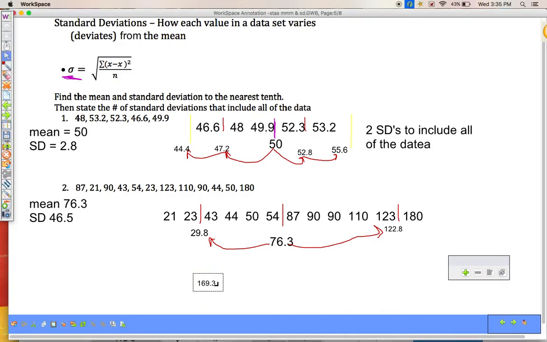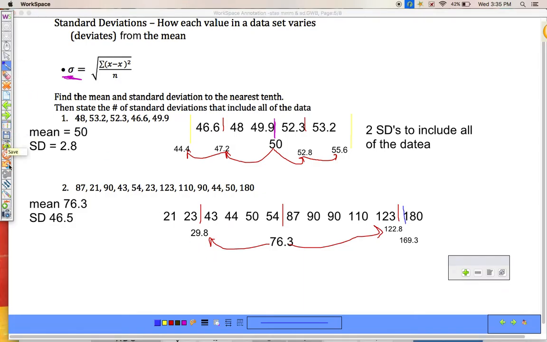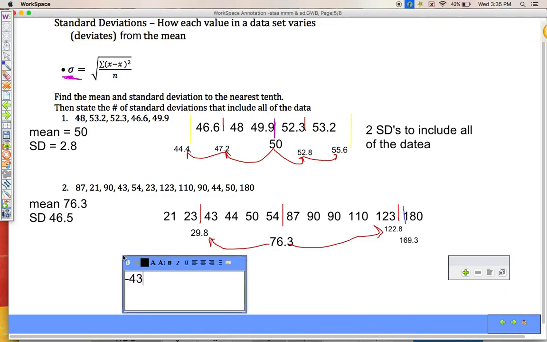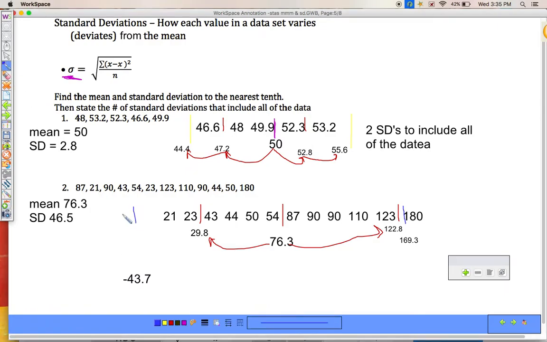All right, which still, get a different color. Which is going to put me about here. And I'm going to take 29.8 minus 46.5. Get negative 43.7, which is going to be somewhere down here, which is outside of my low. So I am good